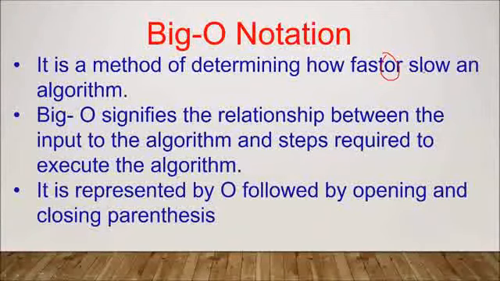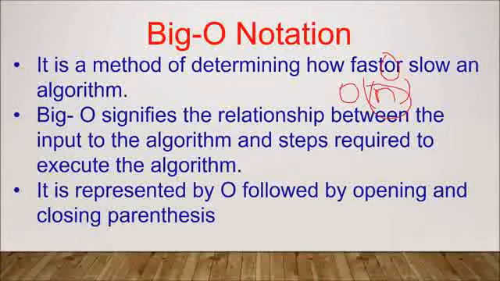So basically, we write the capital O followed by parenthesis, in which we will write the number of steps needed. It is usually represented in the form of n or any other name. It can be n, it can be t, it can be x, but usually we use n, meaning number of steps. So this enables us to identify whether this algorithm is slow or fast.